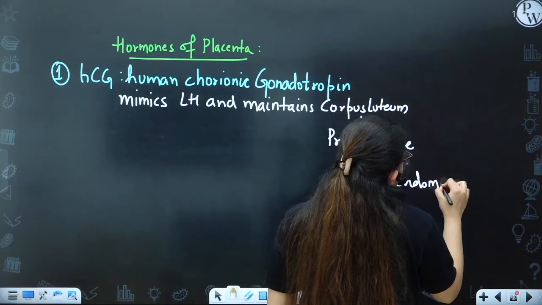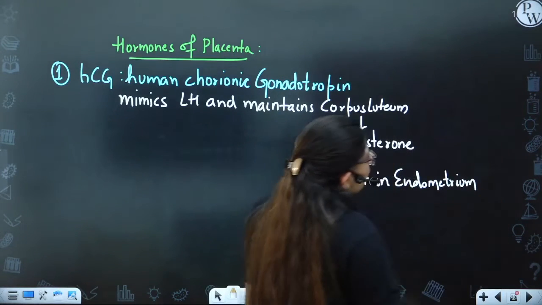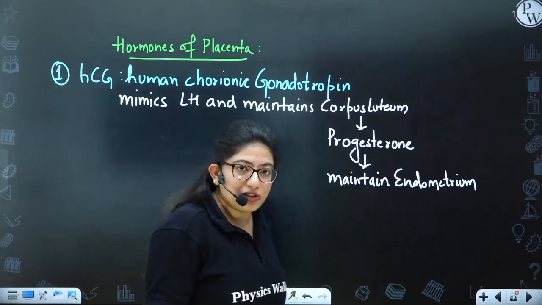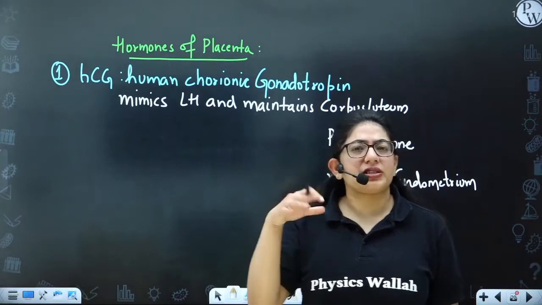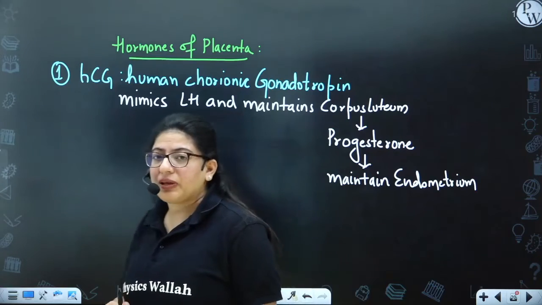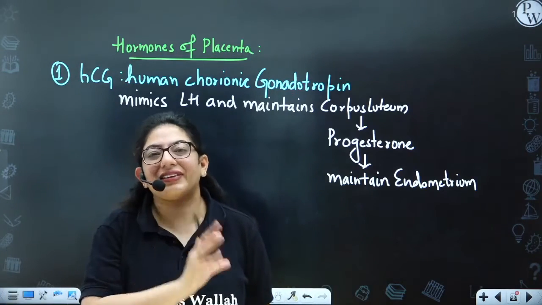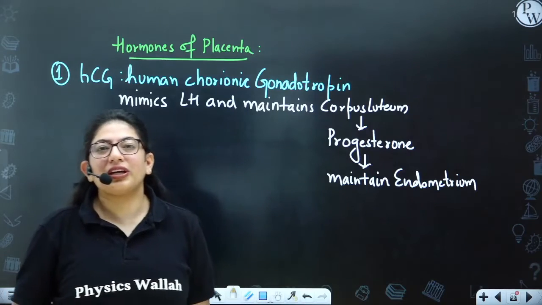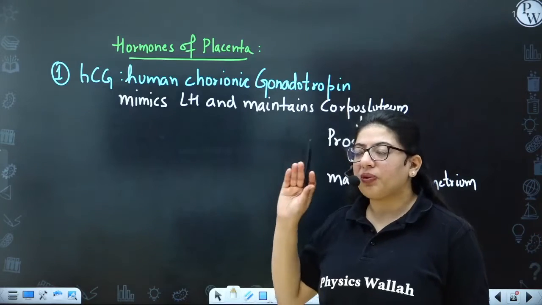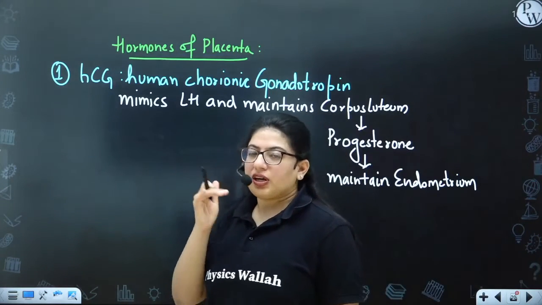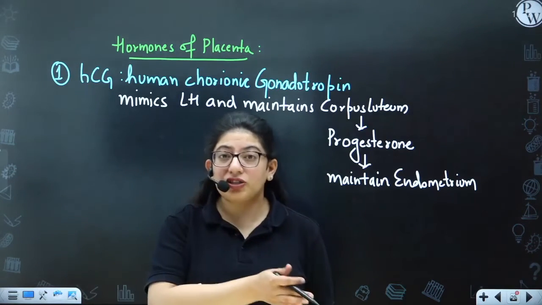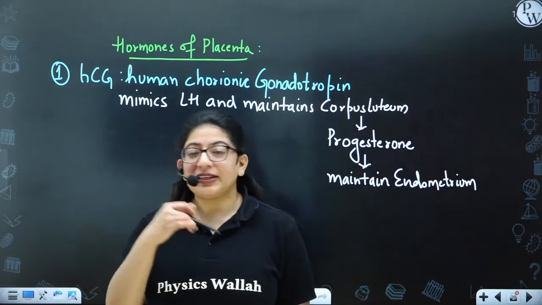So this is a hormone which is detected in the urine of a female to check whether she is pregnant or not. This hormone occurs after the implantation. Whenever the implantation takes place, the placenta will be formed, and this is the first hormone to come out. Then that is checked in the urine, and hence you can say the female is pregnant at that time. So during implantation we say the female is pregnant, not during fertilization. Why? Because between fertilization and implantation, you have no clue what's going on in the body. You have no indicator. But when the implantation takes place, the placenta will be formed and the HCG will come out,